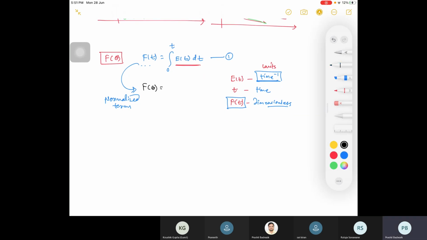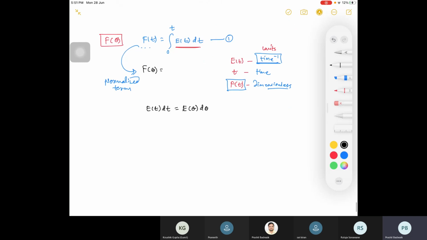You just need to change E(t) dt into E(theta) d(theta). I told you in the previous class, E(theta) into d(theta), right? And what is t divided by t mean? That is your theta, right? Now please replace this value into your equation 1. So you will get